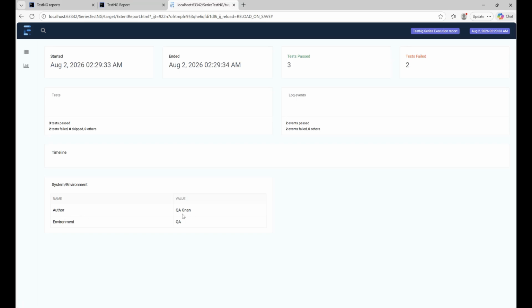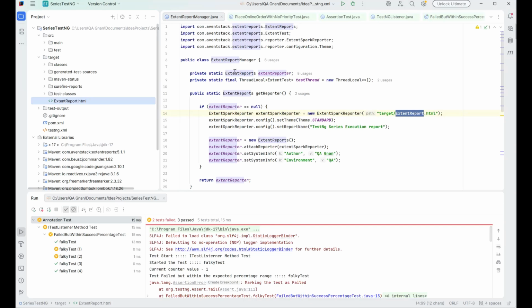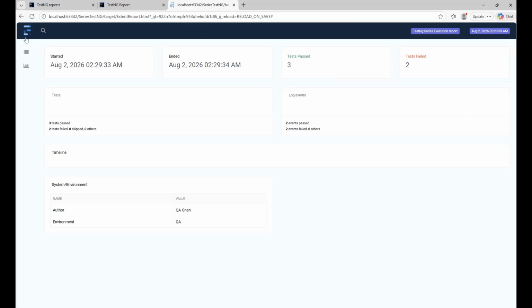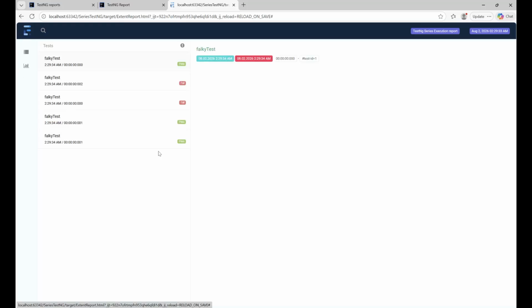Here author as QA done and environment as QA. So this additional information or the layout, everything can be controlled from this method over here, which is the get reporter method. Okay, now we are not currently seeing any additional information on why this has failed here, but